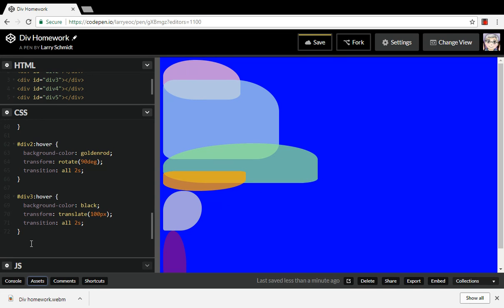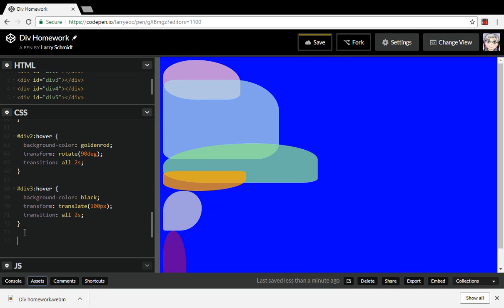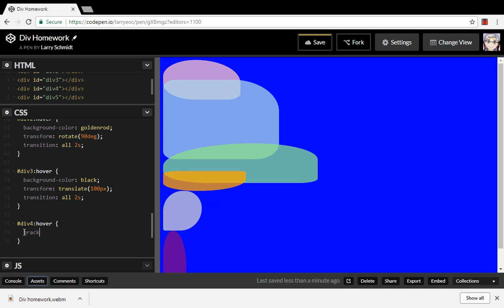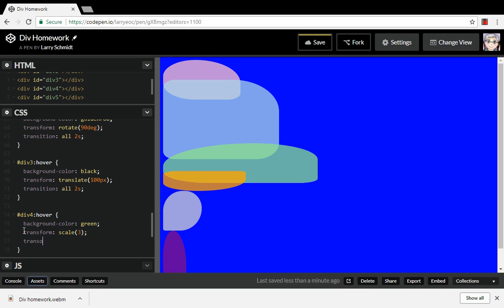And then you can combine. So I'm just going to do one more here. I won't finish the whole thing, otherwise this video will be too long. But let's do one for div 4 here. And let's see if we can combine multiple transforms. So I'm going to change the background color again to green, and then we'll do a transform where we do the scale up to 3 times, and then where we do a rotate of 180 degrees,